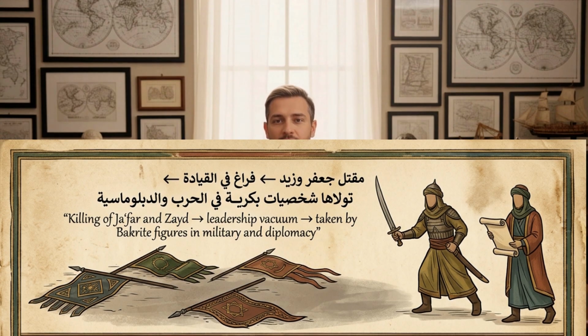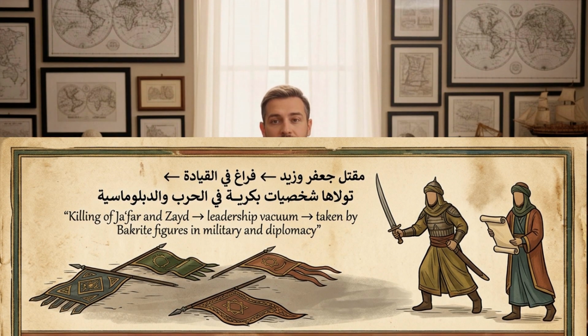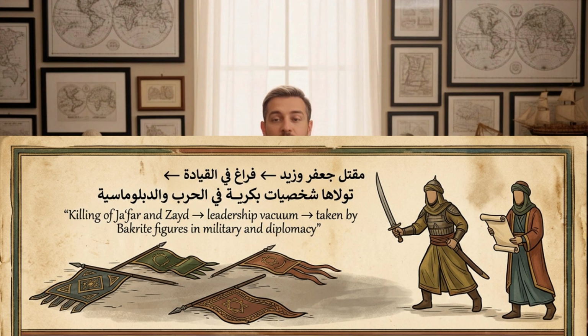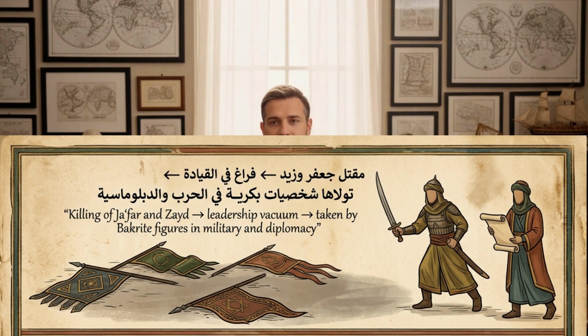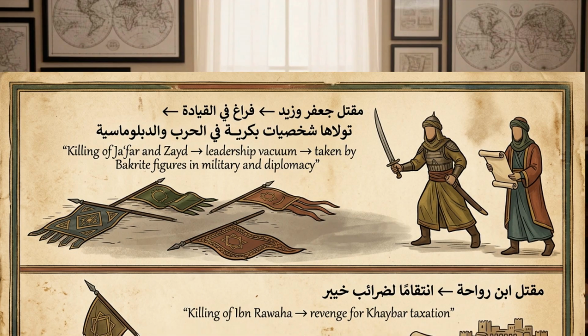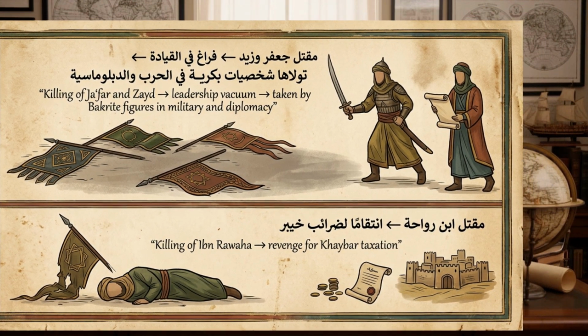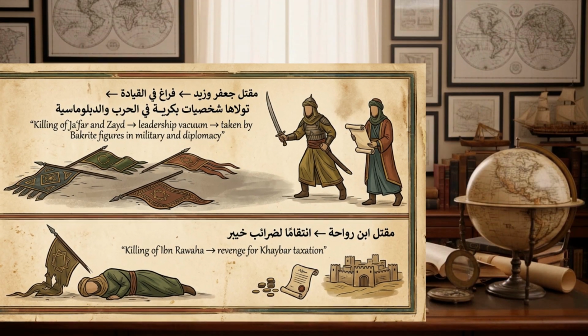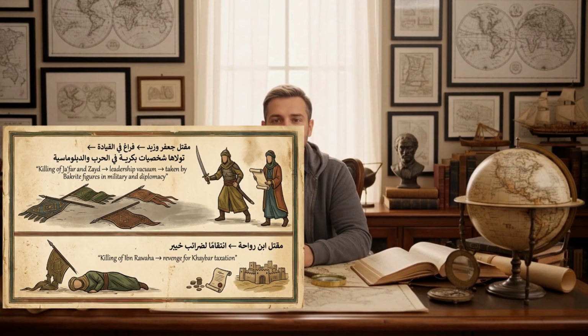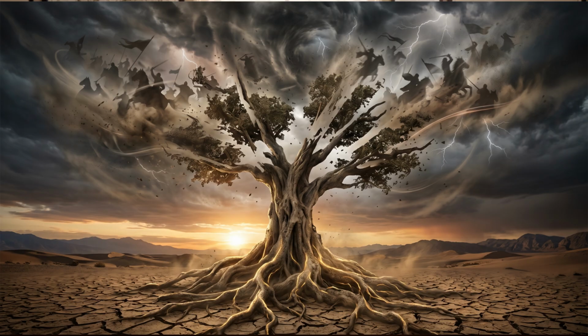Jafar was also a strong Hashemite-linked figure in foreign relations, so his removal would also fit within that framework. Finally, Ibn Rawaha was likewise seen as aligned with the Hashemite side and was involved in managing taxation in Khaybar, the Jewish majority region that was part of the broader geopolitical alliance previously discussed. By Mutah, the planning was turning into action. The Triple Alliance began preparing for a potential return of Umayyad influence to power. And this was only the beginning of a long conspiracy that led to the first Fitna and the rise of